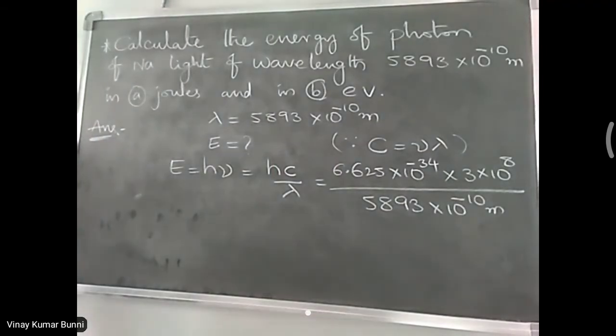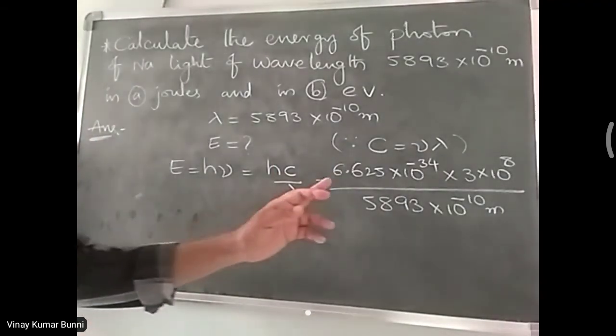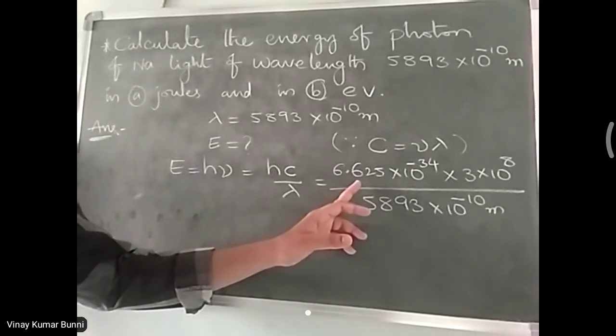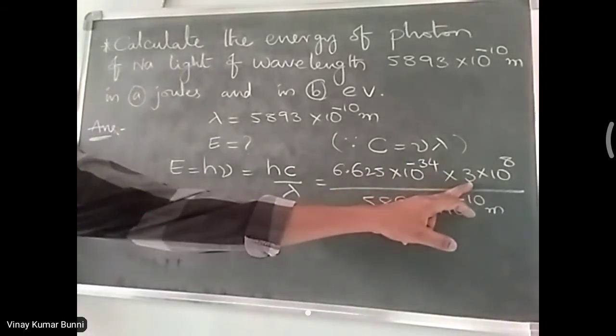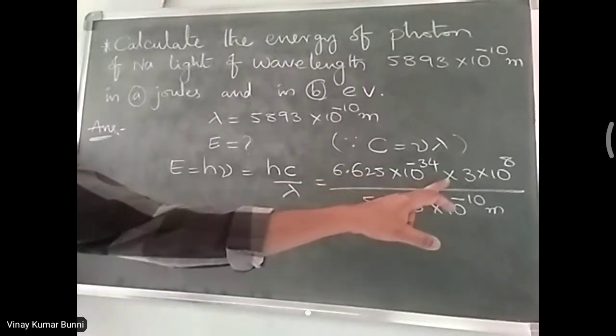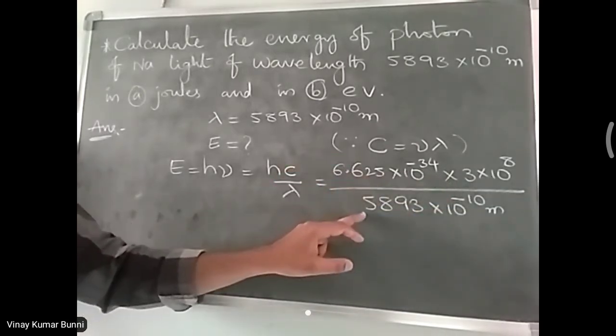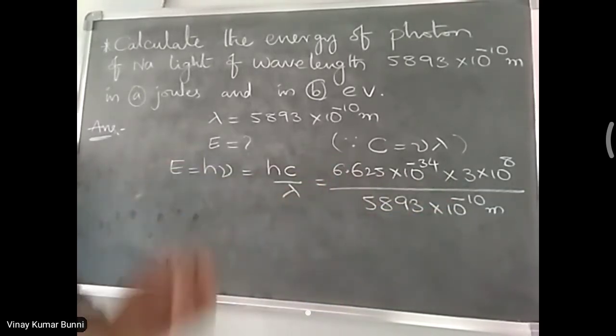So these are the values. After calculating by multiplying 6.625 into 3, then dividing by 5893, you will get the energy in joules,